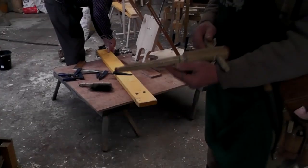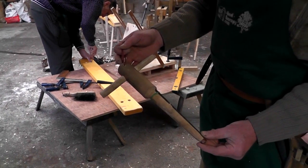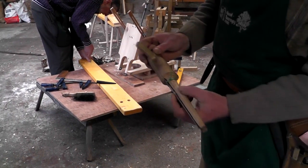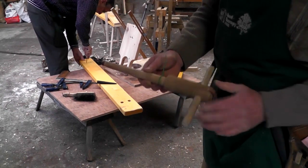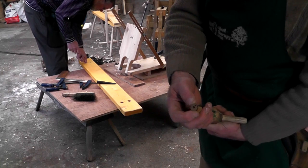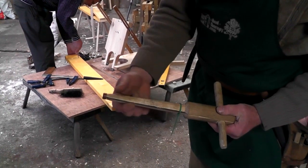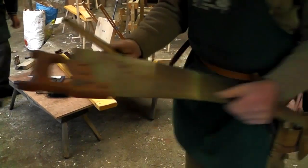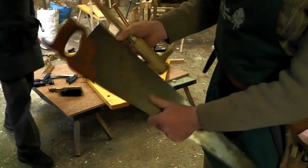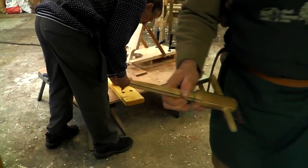I'm now going to use the tapered reamer. If you Google for tapered reamer and Peter Follansbee, you'll find his wonderful plans for it. I've put a collar of metal, this is a bit of copper pipe at the end. This is a bit of old saw blade. So if you've got an old saw that you don't like, you can chop a bit off it and incorporate that